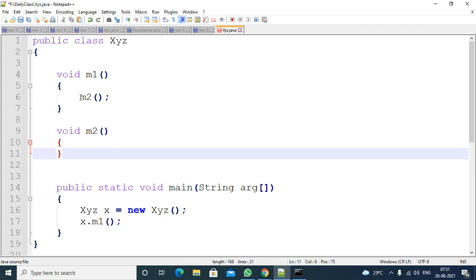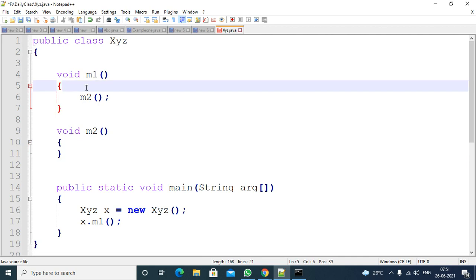So if you compile this code, what is happening at the back end?